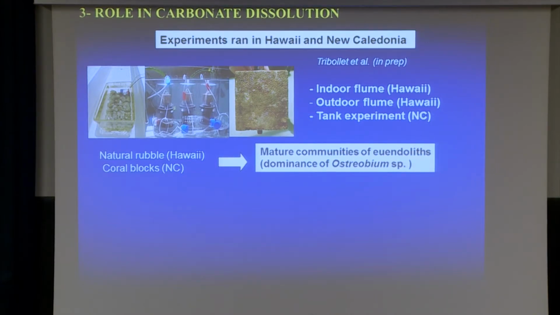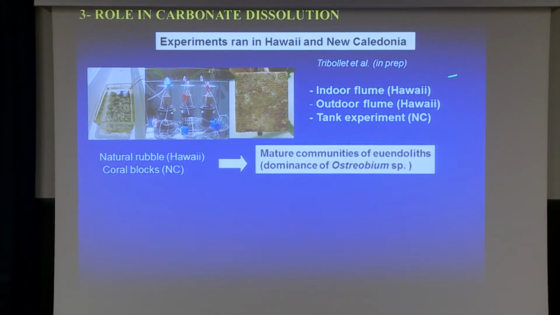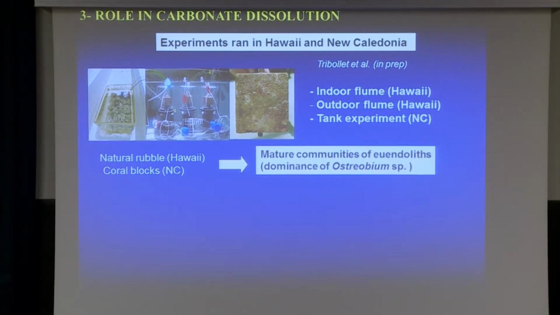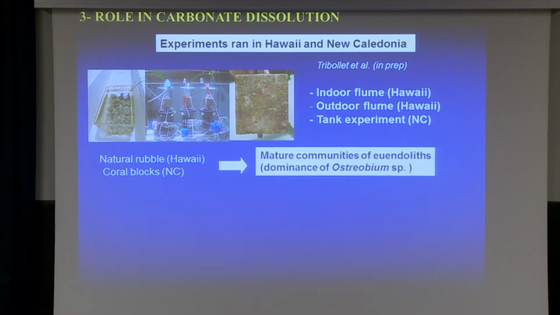I'm not going to go too much into detail, but I'm hoping to give you enough information so you understand what we did. We ran an experiment in an indoor flume in Hawaii where we had constant light and natural water chemistry. We didn't change the water chemistry, to measure by day and by night dissolution and photosynthesis and respiration of euendoliths, colonizing either natural rubble, like here, which are coral debris that you can find on a coral reef, or coral blocks which were colonized by euendoliths for a while to get mature communities dominated by the green